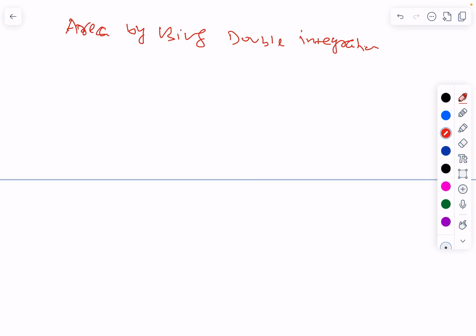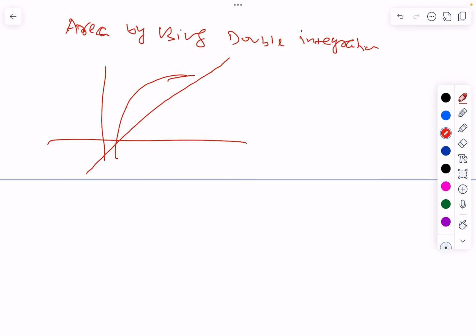So if you have any curve, like this, and suppose it is a region bounded by these two curves, and if you want to find out the area of this region,